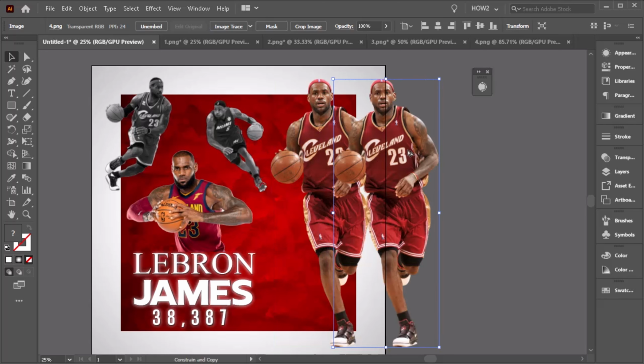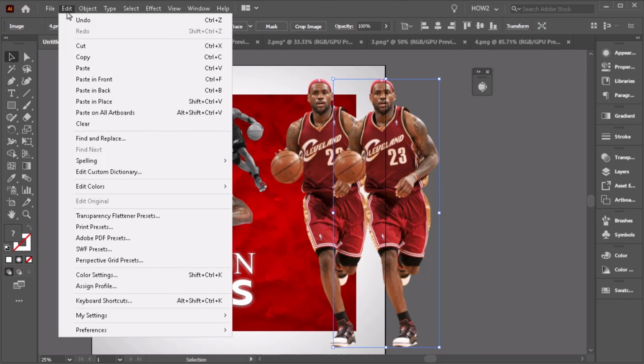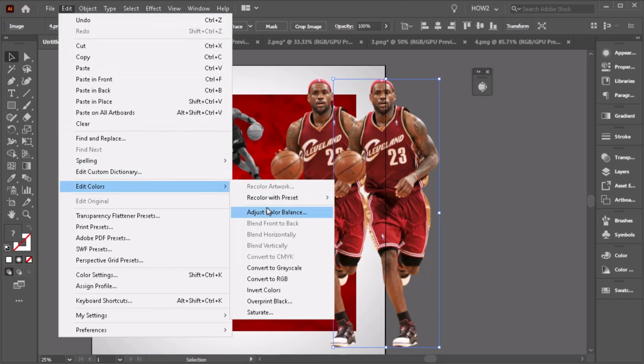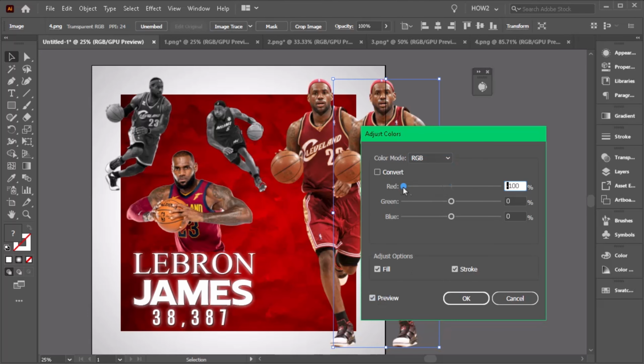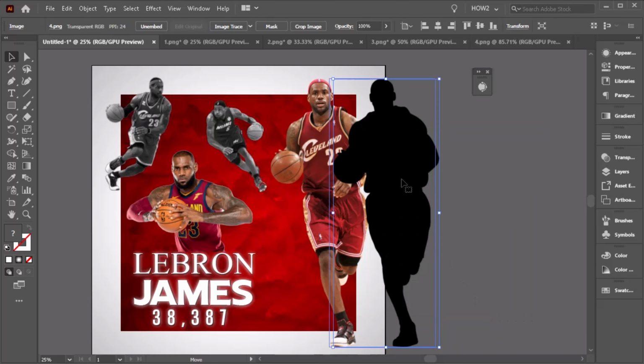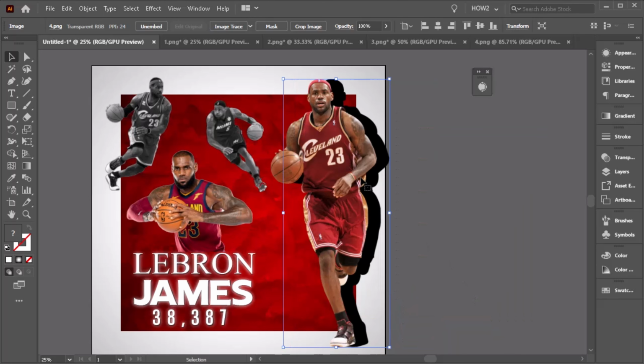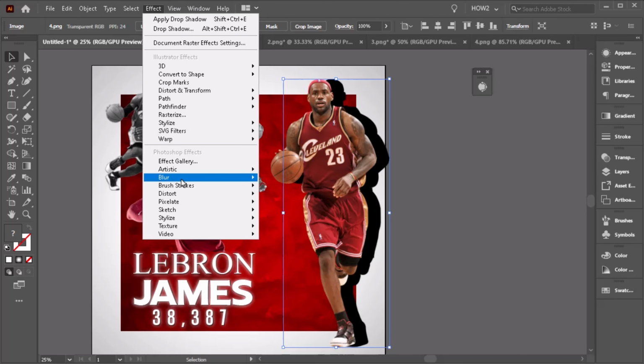To make a perfect shadow for the image, make a copy of the image by holding Alt and dragging the mouse. Then go to Edit, then Edit Colors, then Color Adjustment, and follow my steps. Then add blur into it for more perfection, then